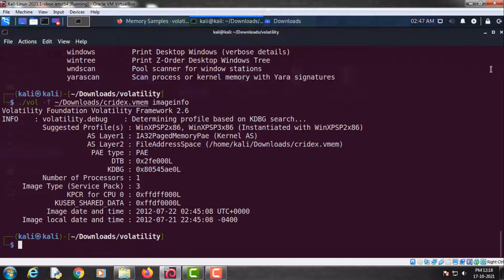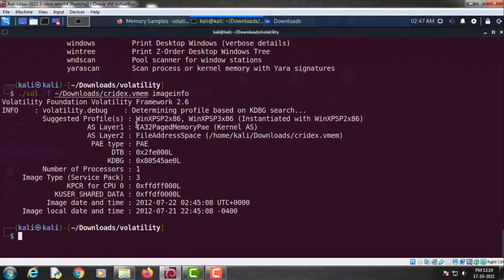So as you can see, this imageinfo plugin has given us the suggested profiles for this Cridex memory dump. These are the suggested profiles, so we will use the first one. So just copy this.